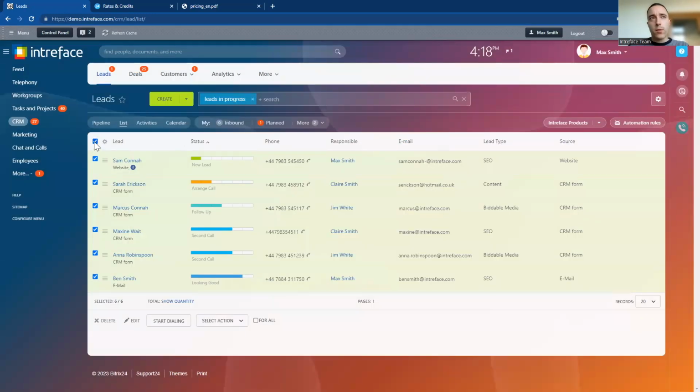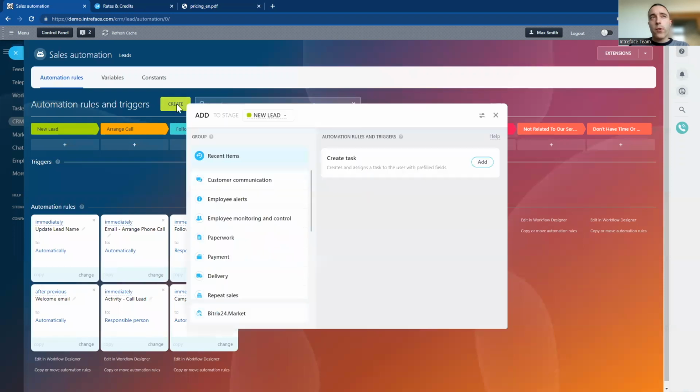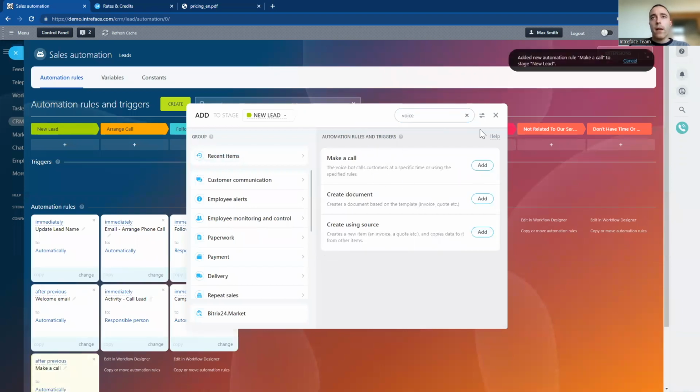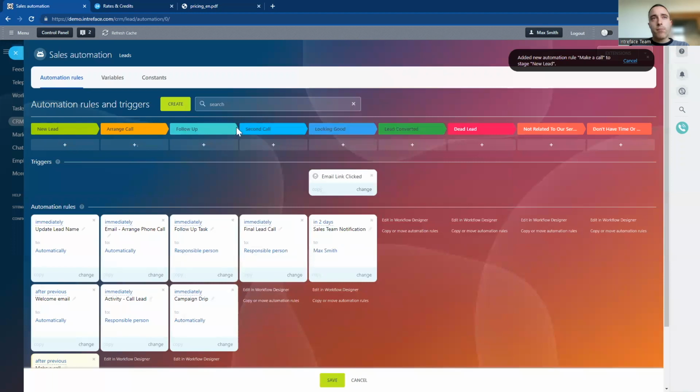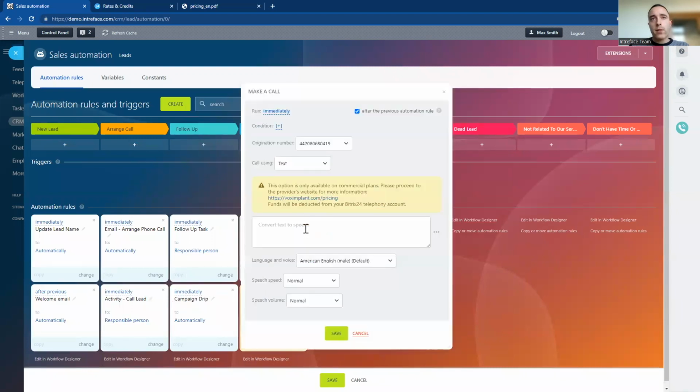And another nice feature within the CRM using telephony on leads and deals is how we can set up automation processes as well. So through here, at different stages of the system, we could set up a robocall. As the lead is progressing through a certain stage, so let's say when we get to this second call stage, we could set up a pre-recorded message that would go out